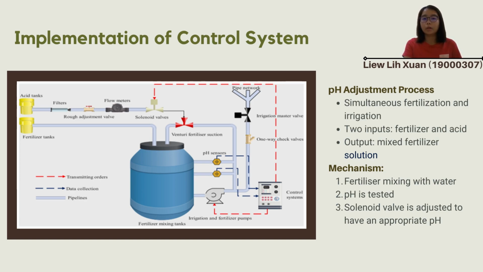As shown in this figure, this system mainly consists of pH sensor, controller, solenoid valve, and irrigation and fertilizer pump. There are two inputs, which are the fertilizer and acid, whereas the output is the mixed fertilizer solution. So this system works by mixing the fertilizer and water, then the solution's pH is tested using the sensor. When the pH does not meet the requirements, the valve of the acid tank will be adjusted to obtain a